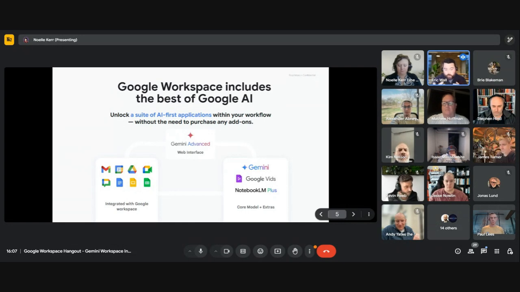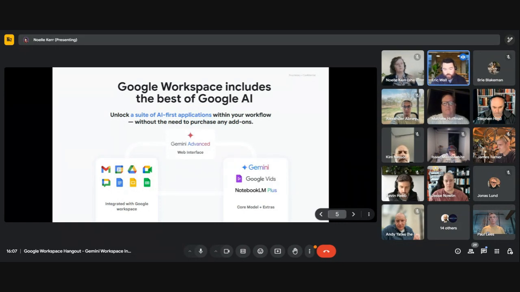And generally, when we go through this with customers, we try to find where they look at Gemini and where they want to look at generative AI. So if you look at Gemini Advanced, the way that we explain this to customers is it's a web interface to have a multi-turn conversation. There are some existing links in there with Google Workspace through extensions as well, but really that's the ability to select different models. There's a number of different ones available there at the moment, but that's your full-fledged model from Google.